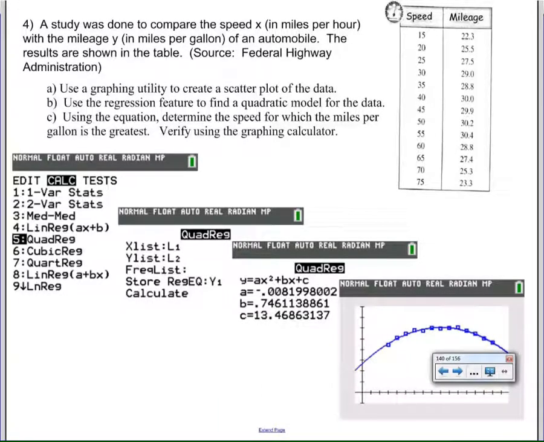So the next question was find the regression equation. So I went back to Stat and then tabbed over to Calculate, chose option 5, Quadratic Regression, and I stored the regression in Y1 so I didn't have to manually enter it. It gives me these a, b, and c values. So that means if I was asked what is the function equation, I should probably write down